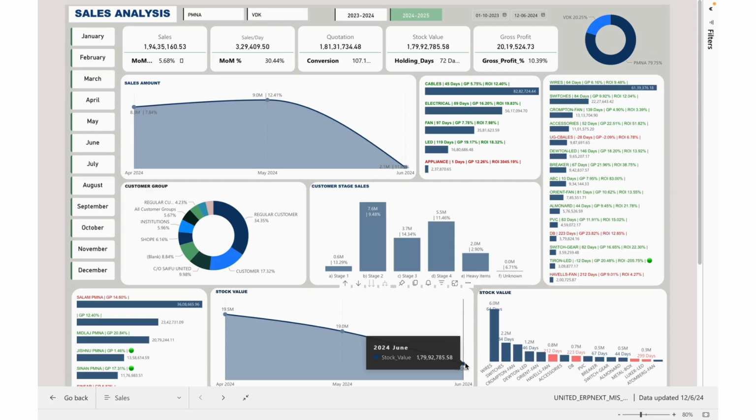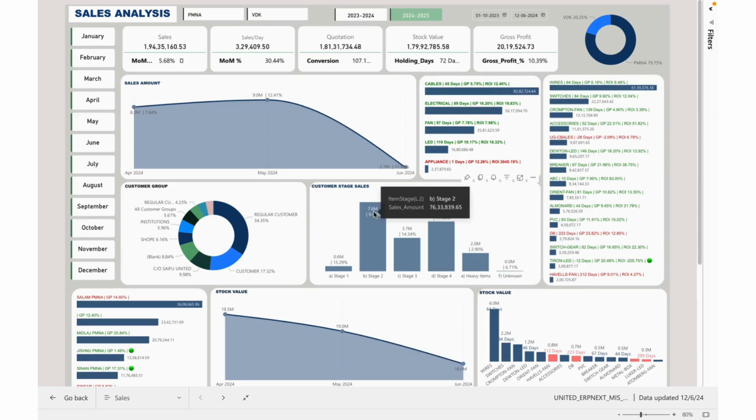ERPNext is a powerful ERP system that stores all your business data. But to make informed decisions, you need to visualize and analyze this data very effectively. For this purpose, we imported all the data from ERPNext, made relevant relationships between the tables, computed the DAX functions, and analyzed the data, where you can see